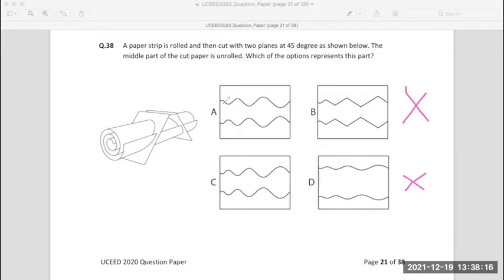Now we are left with 2 options. A could be possible or C could be possible. What is the difference between A and C? This much is the difference. This part and this part happens here, and here in C it says the longer edge, this longer cut happens at the back. In A it says the longer cut happens, sorry, the shorter cut happens in between. The shortest cut happens in between at the end.